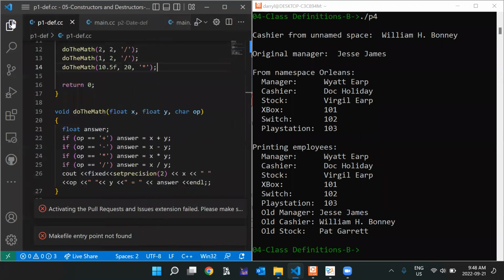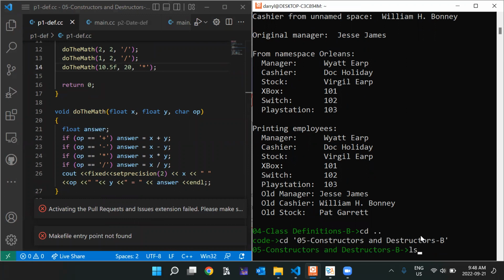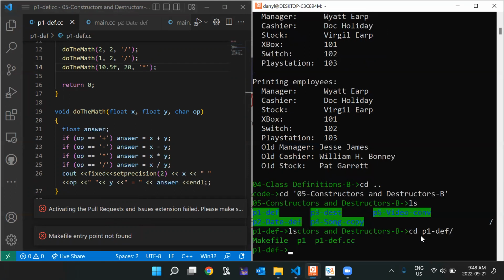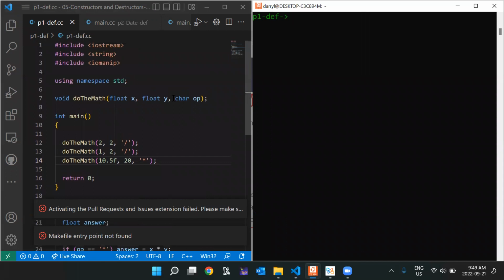And example 1 is simply default arguments in functions. So what we have here is a source file with a main function, and then I have a function called do the math. So what happens is I supply it 2 arguments,